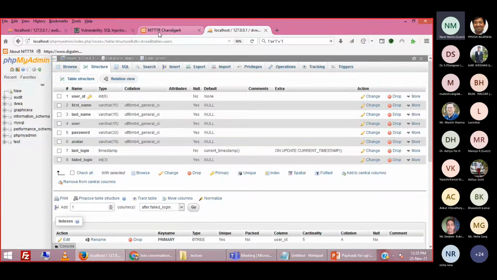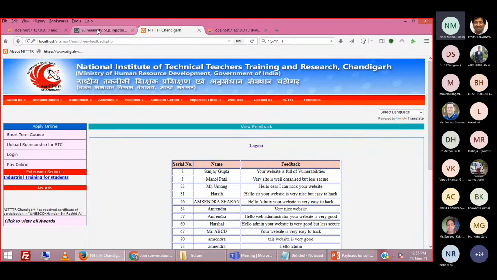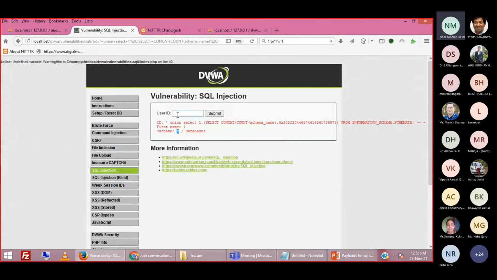You will be surprised how he knows our database names, and how many different databases we have. He may ask for ransom, that you give me this amount of money, otherwise I will delete all your databases. And once your database is deleted, your website will be of no use. Without a database, your website will not run for a single moment, right?